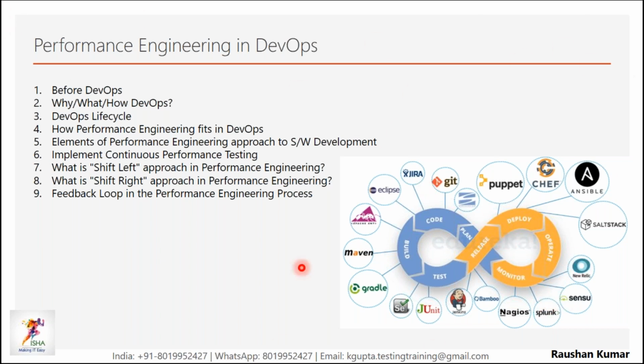A brief about all the tools. We don't need to learn about all the tools. DevOps engineers have to, because they are responsible for automating everything. But as performance engineers, we need to understand how things are being done. A good understanding of DevOps is very much required, so that we can incorporate our continuous testing in this DevOps life cycle. How can we do that? We'll go through that in detail in our regular sessions.